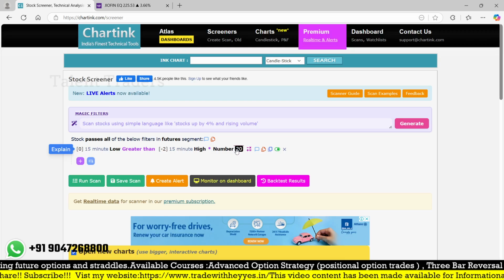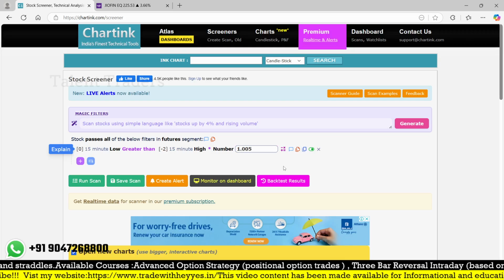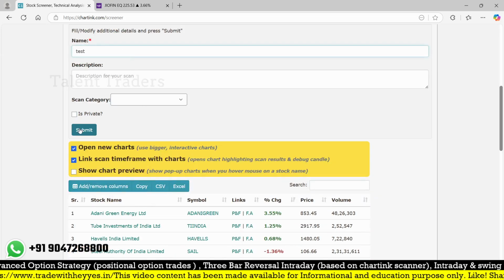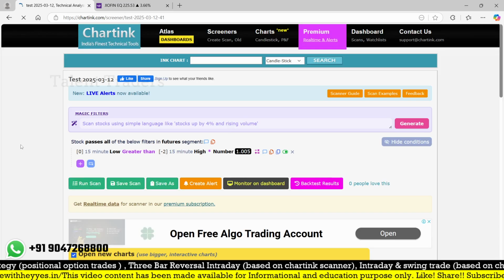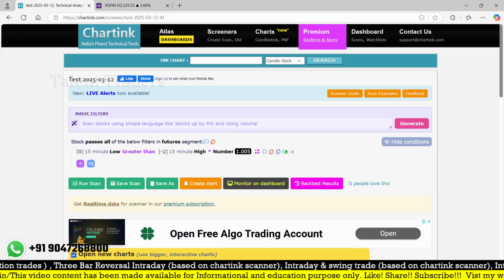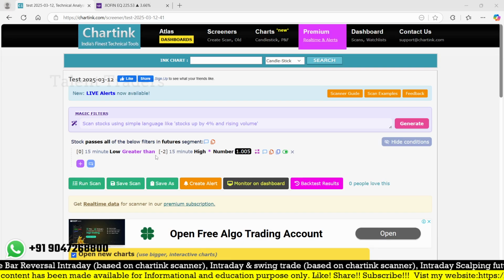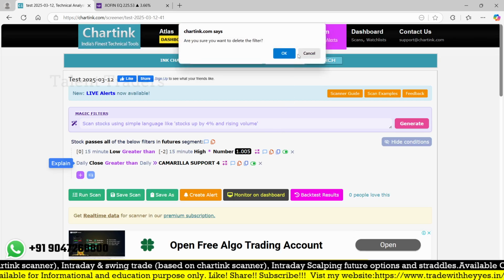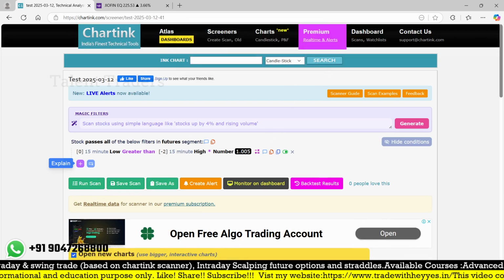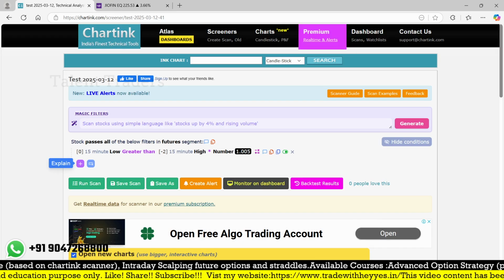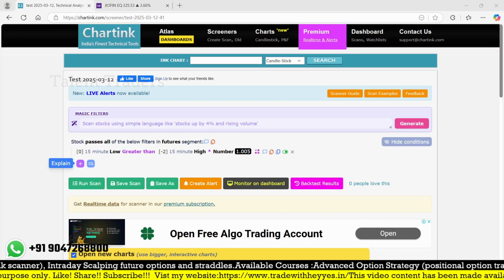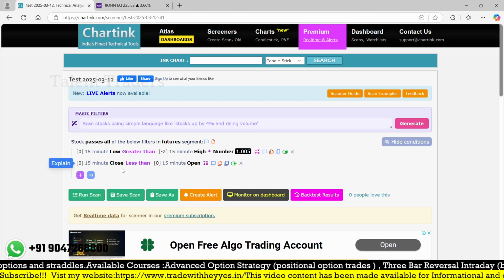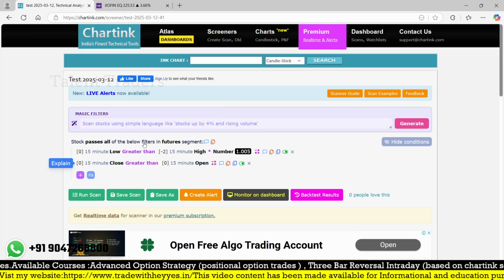Let me add 1.005. Okay, so first we will save the scan. So it will be finding out the stocks which are forming such a pattern. Okay. So the second condition which you are going to use should be greater than the open. Okay. So sorry, this is not. Okay. Yeah. So here it should be greater than